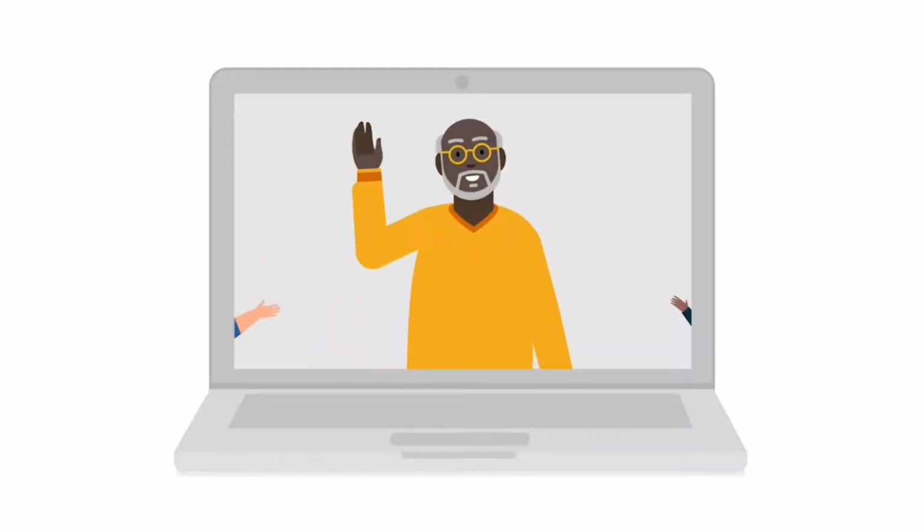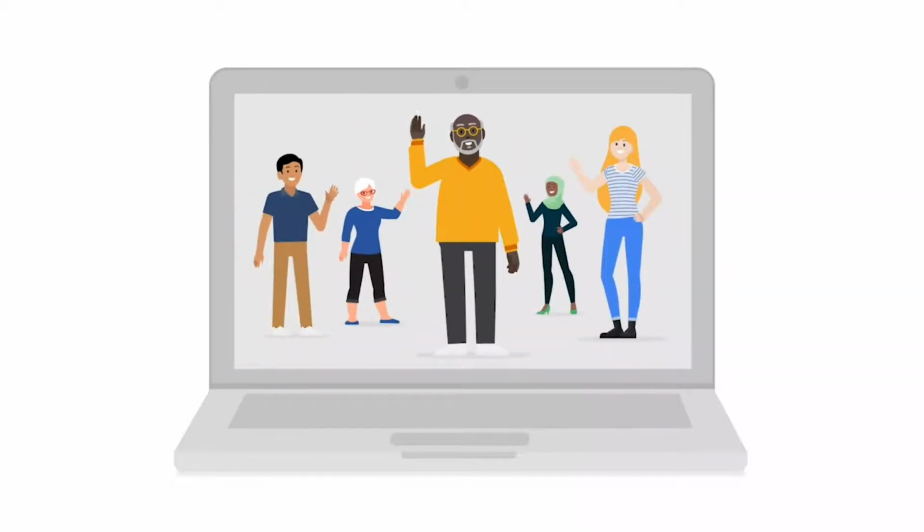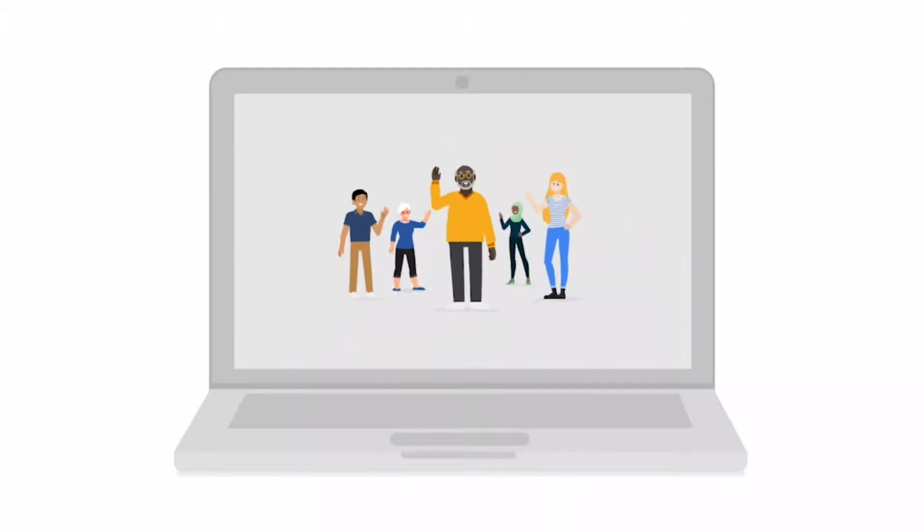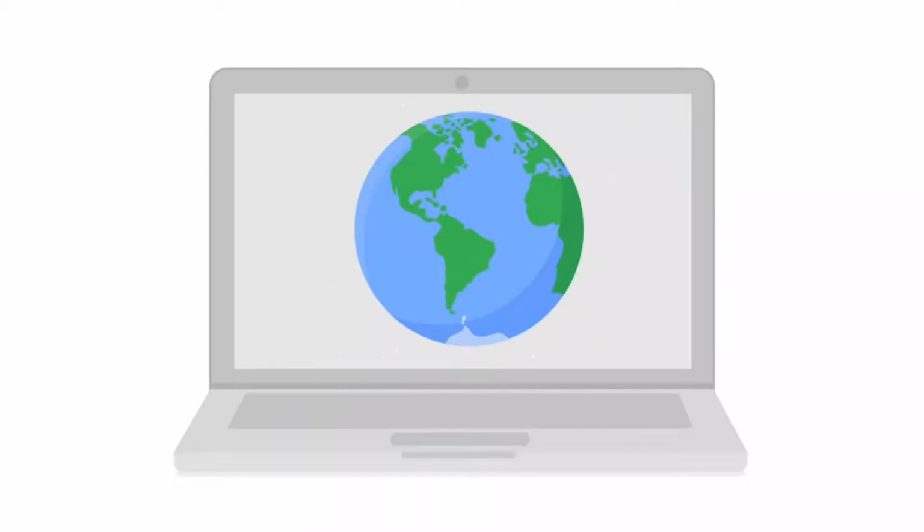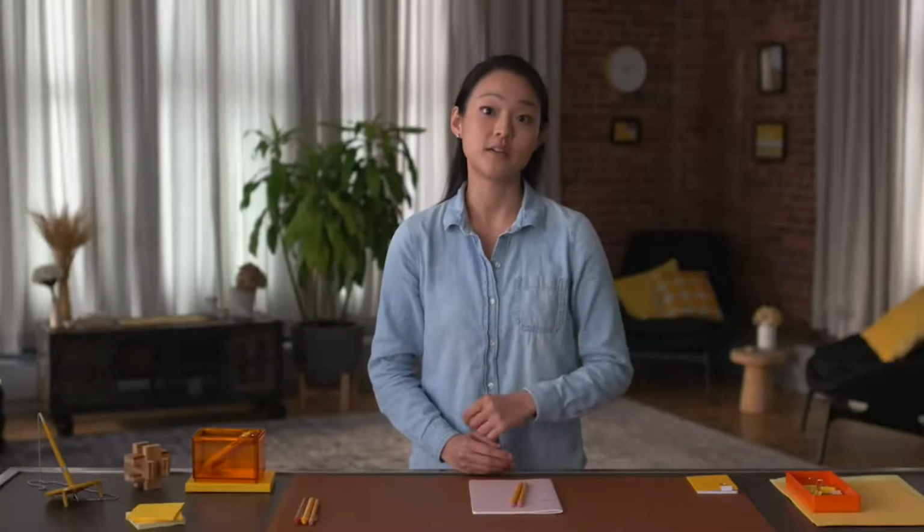So let me give you an idea about how much data that really is. Imagine a data set that contains the name of all 8 billion people in the world. It would take the average person 101 years to read all 8 billion names. SQL can process this in seconds. Personally, I think that's pretty cool.